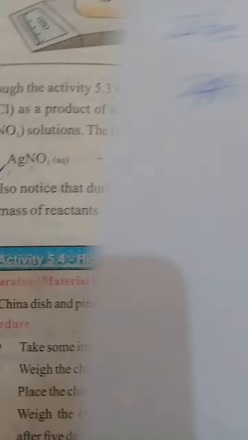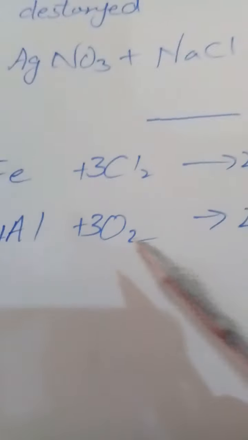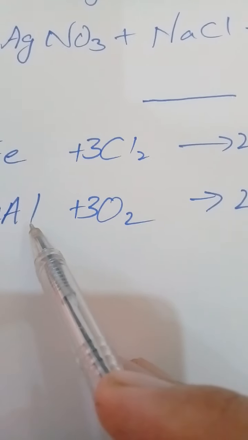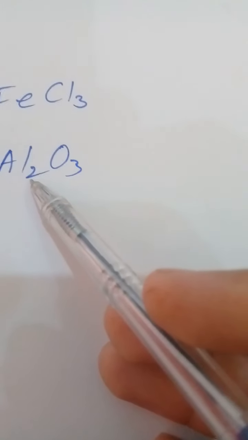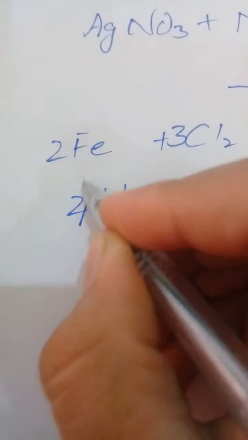In the same way we will balance the second equation, that is aluminium plus oxygen. Now see the number of aluminium atoms. There is 1 aluminium on the reactant side and 2 aluminium on the product side. So to balance, there is a need to multiply by 2 on the reactant side, but